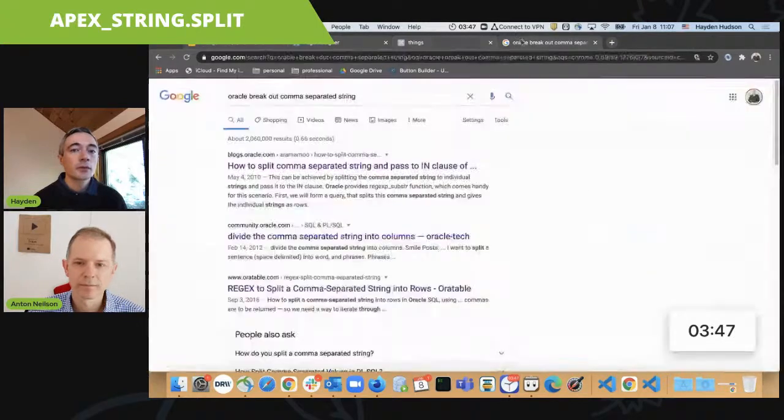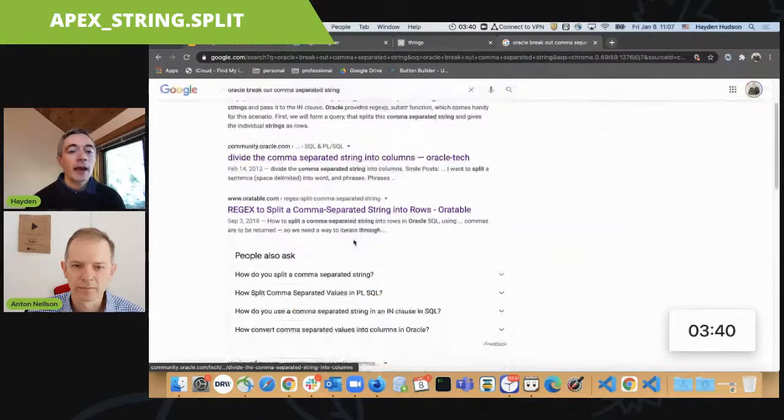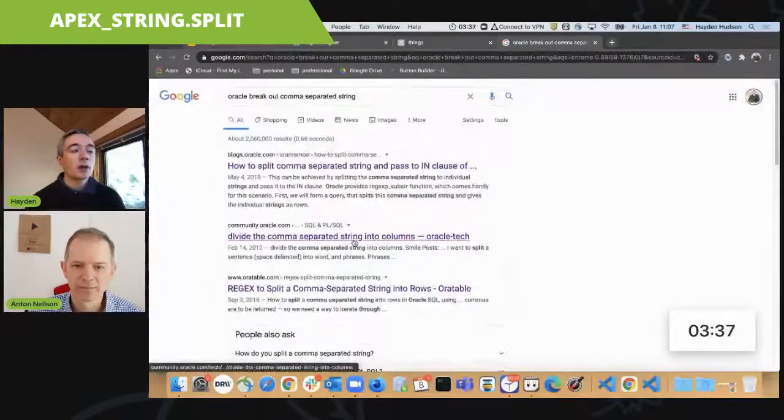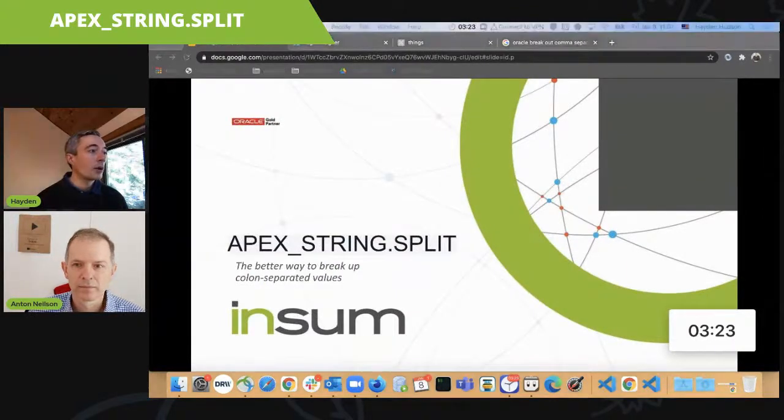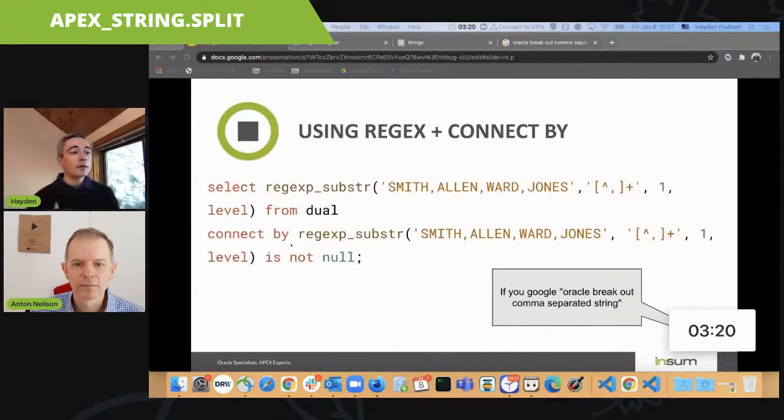If you were to Google something to the effect of Oracle breakout comma separated string, by my counting, every link on the first page of Google will direct you to what I think is the incorrect solution, because most Google results are focused around the Apex 5 release, and the feature that I want to direct us to was only released in 5.1. So all of the hits on the first page of Google will direct you to a solution that looks something like this. So it is a regex substring connect by,